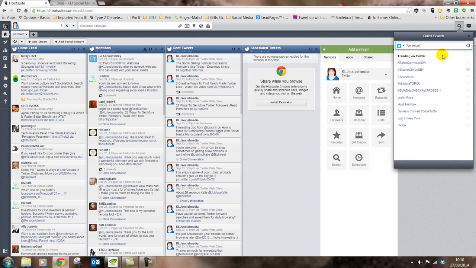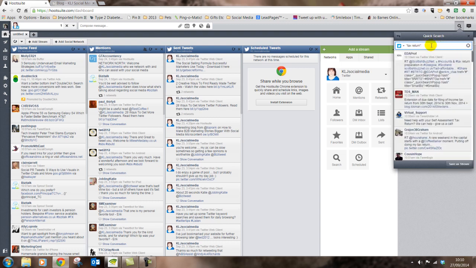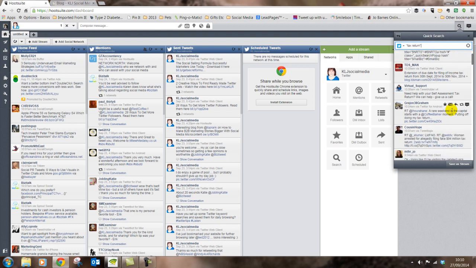Or if I wanted to get tweets that include the words tax return that are close to my geographical location, you just click this button here and you'll get those narrowed search results. So we'll just go ahead and click enter tax return, and you can see here I'm getting tweets that include the words tax return in them. If I'm getting some decent search results in there and the things I may want to interact with, I can click save as stream,